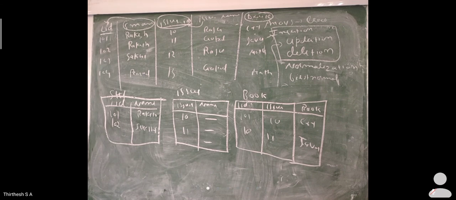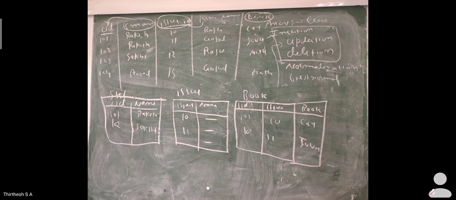We are going to create three tables: library ID and name separate, issue ID and issue name separate, and book ID and book in a table of its own. Here it satisfies the second normal form, which means there is no duplication. All the tables have unique names and data, with no multiple kinds of things. It is satisfied. So this is what we call the second normal form.